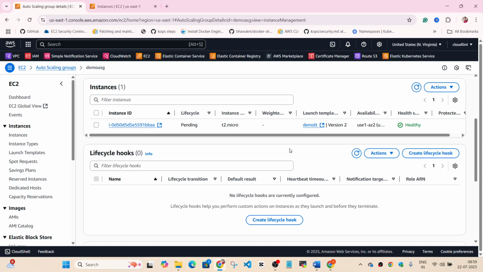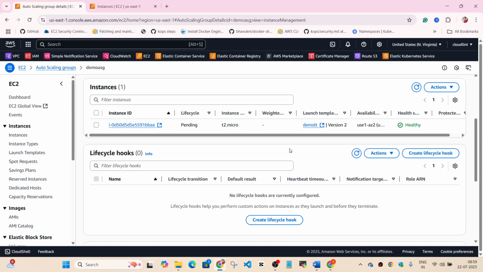In that case, you can use a lifecycle hook to create a custom action which includes all the steps you want, and only after all the steps have been performed will the instance be in ready status to accept connections.